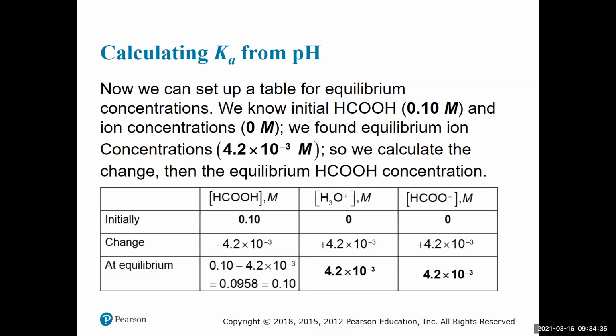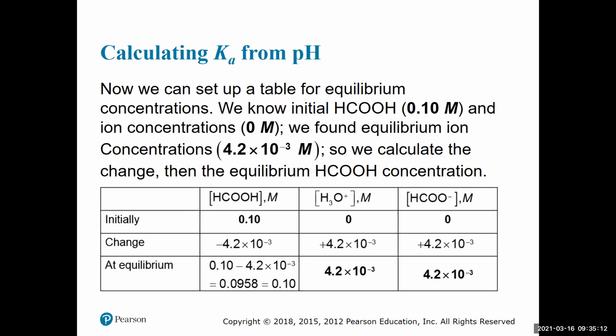For the hydronium ion, the hydrogen ion, it's that 4.2 times 10 to the minus 3 from our pH measurement, and same for the formate ion. We can do the subtraction to find out what it is at equilibrium for the formic acid. And we see that 0.1 minus 4.2 times 10 to the minus 3 equals